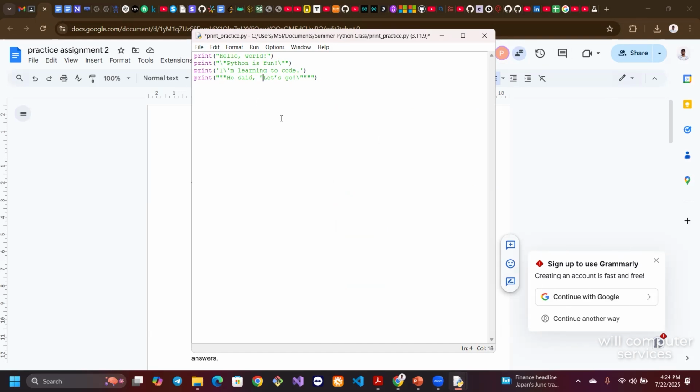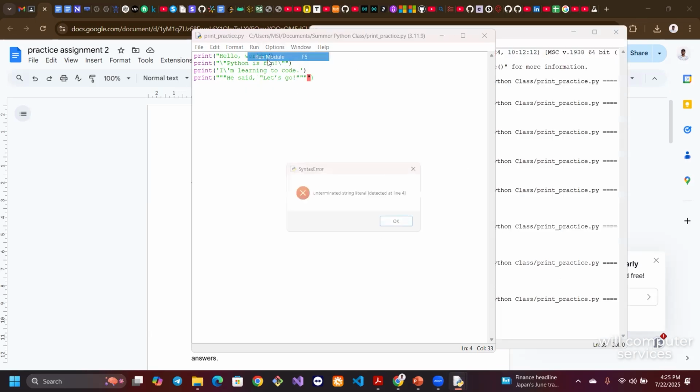Define your text with triple quotes. With that, this is a multi-line string value. This is how you define a multi-line string, but you can also use it for a single line string. And with this, you don't have to use any backward slash or escape character. So if I run this now,